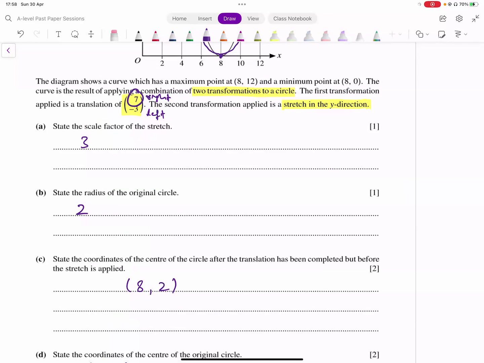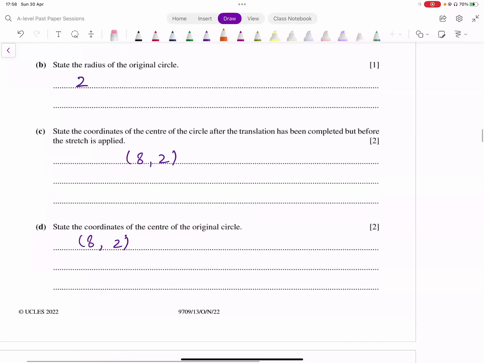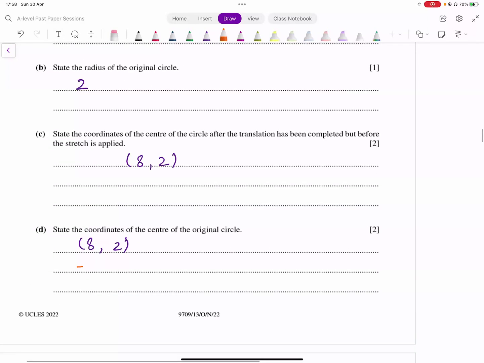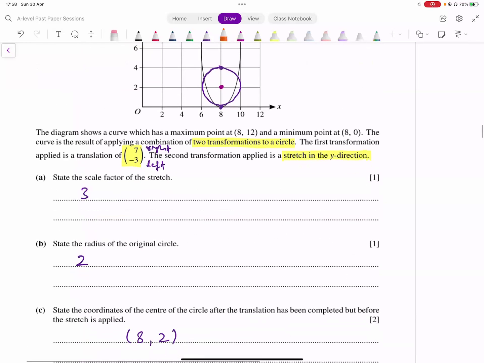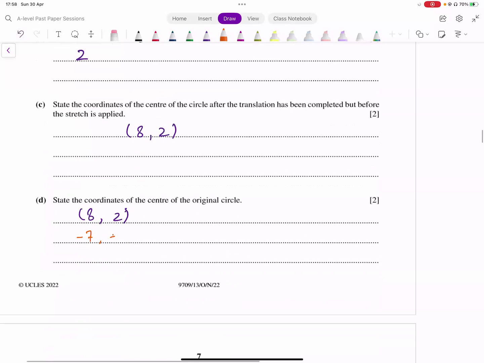ट्रांसलेशन क्या हुई थी? 7 यूनिट्स राइट पे चले गए थे, हमने उसको रिवर्स करना है. तो हम क्या कहेंगे? x कोऑर्डिनेट में से 8 आप माइनस कर देंगे, वापस जाना ना, उसमें से माइनस कर देंगे 8। और ट्रांसलेशन में वर्टिकल ट्रांसलेशन क्या थी, वाई एक्सिस पे आपने क्या किया था, 3 यूनिट्स लेफ्ट चले गए थे, अब उसको रिवर्स करने के लिए 3 यूनिट्स राइट जाना पड़ेगा, तो यहाँ पे आप क्या करेंगे, +3 कर देंगे।